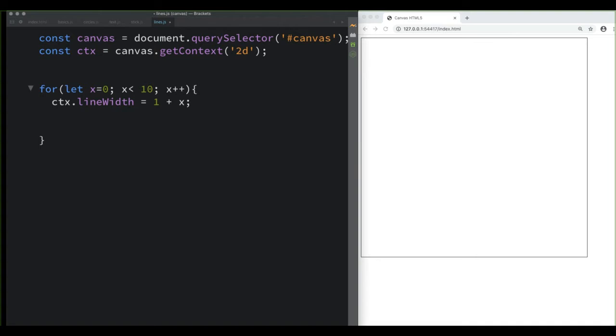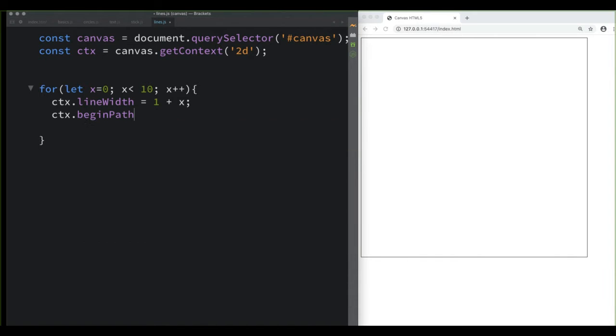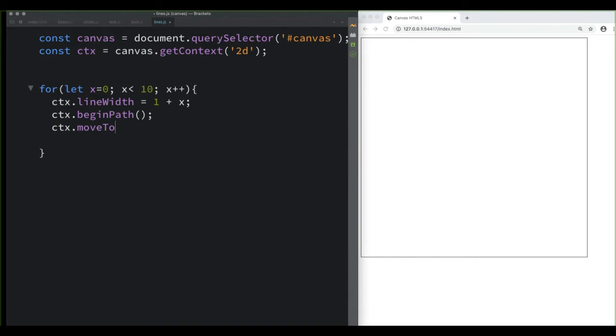So if we increment the line width this way, we're going to have constantly incrementing line widths. We're going to use the begin path so that we always have a new path for each line that we're drawing. Let's do the CTX, and we're going to move it to our starting location. So using the value of x, we want to move it over from top to bottom. So we're always going to be starting in the same position. So start at 100 from the left,